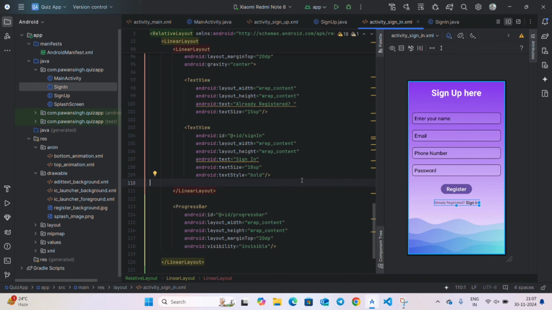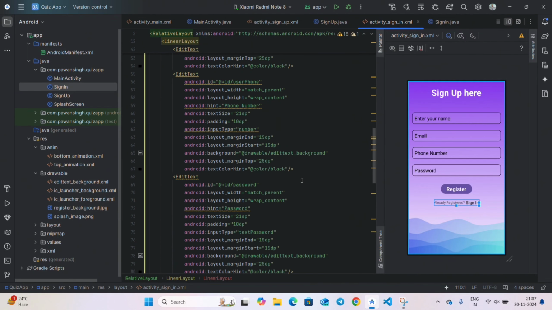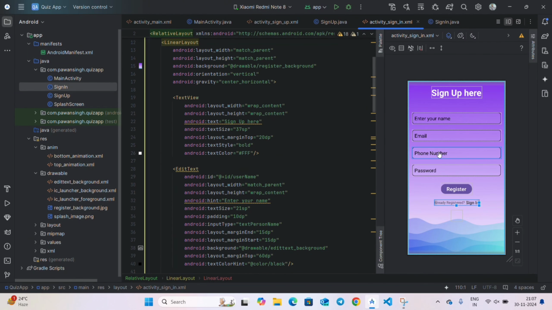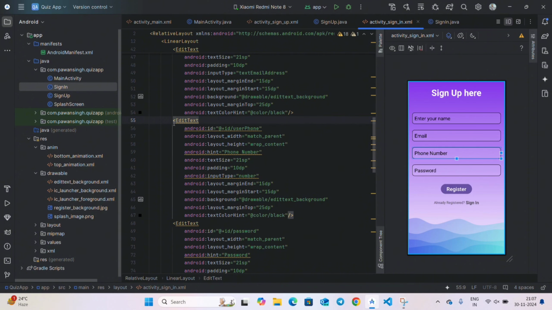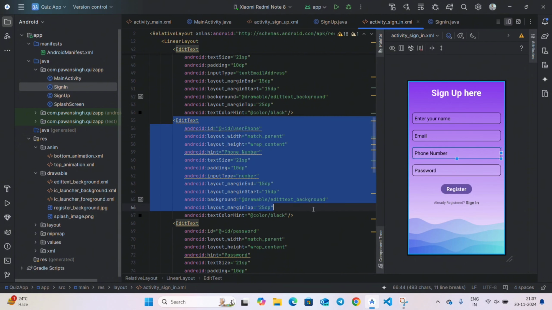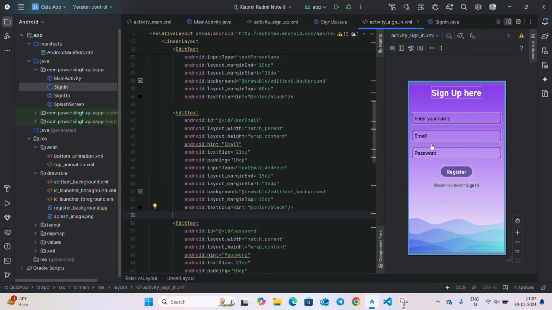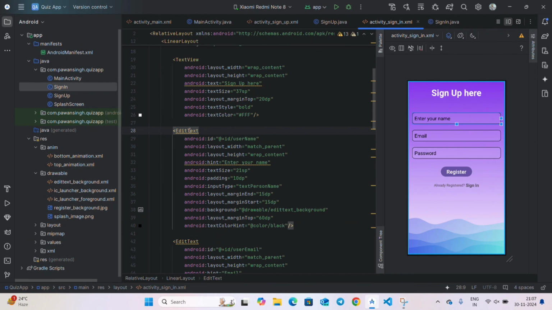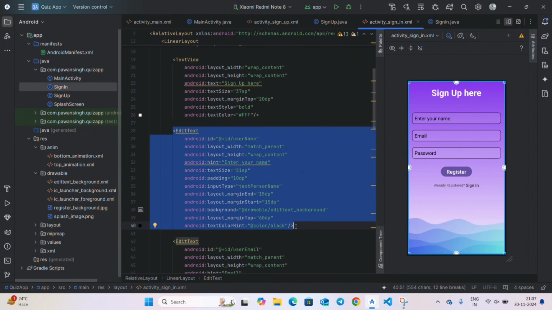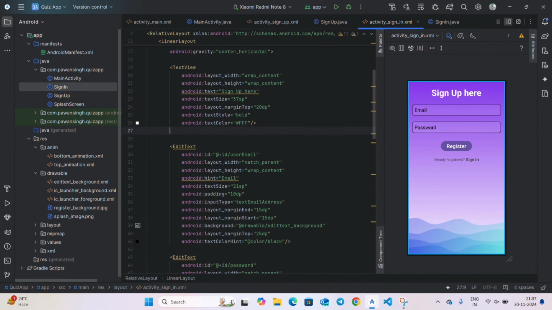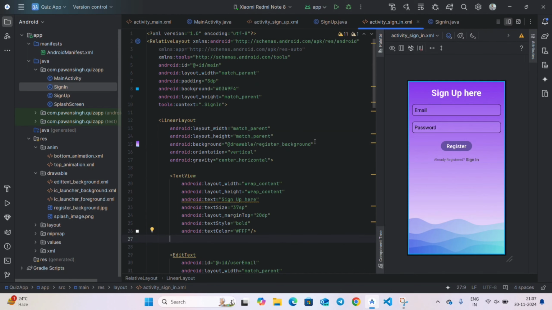Now our page is done, but we don't want some options like phone number. Click on phone number and remove this code for phone number, and also we don't want the username. Click on username and remove this also. And now we need to change the title of the page from sign up here to sign in here. Go to text view after the linear layout and write here sign in here,